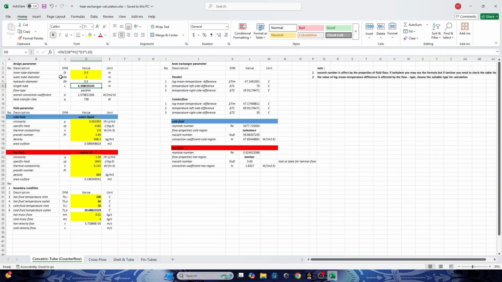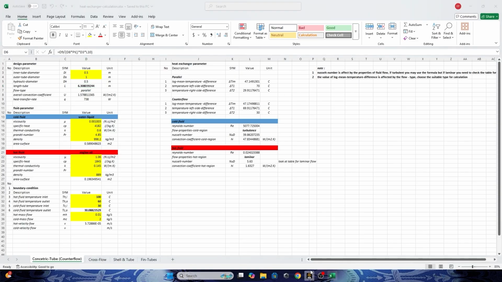The cold domain will go through the outer diameter in the tubing, and the hot domain will go through the inner diameter.